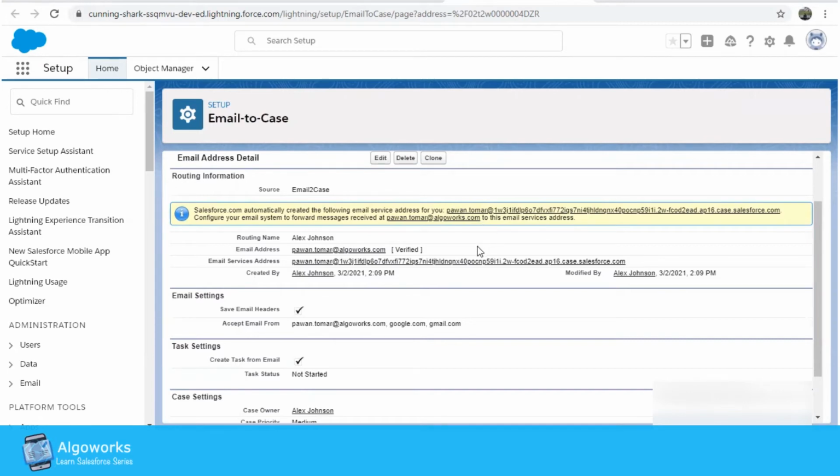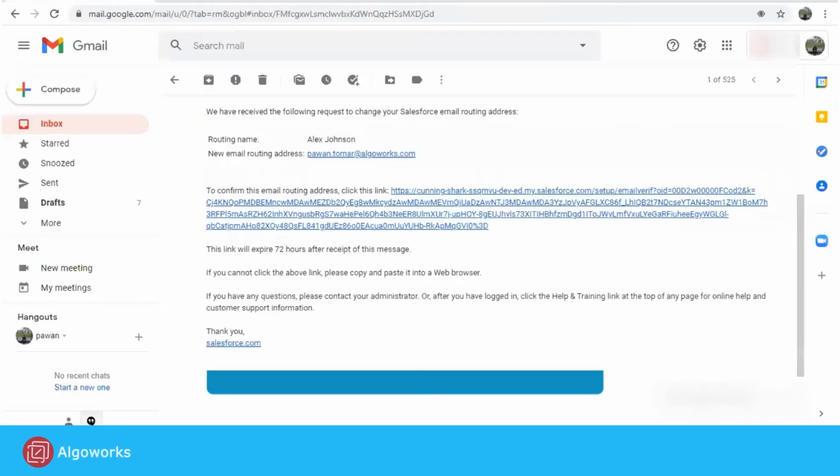So we'll just go to the mail ID and configure this email service. I'm saying that if someone is writing a mail, my customer is writing a mail to the mail ID which I have configured, it should get forwarded to my Salesforce system. So I will set this particular email ID. I'll forward my mails to this particular email service address.